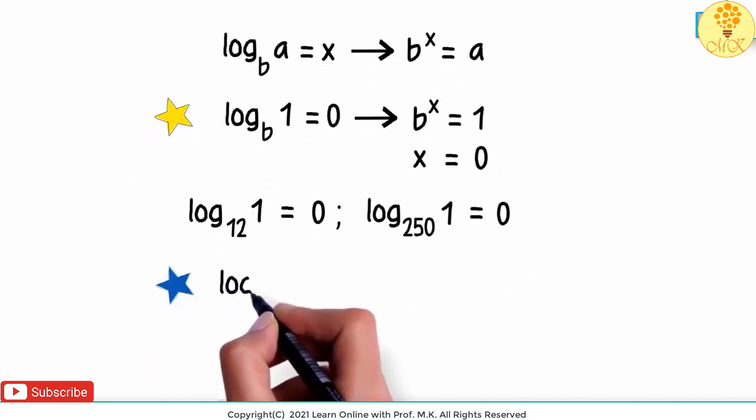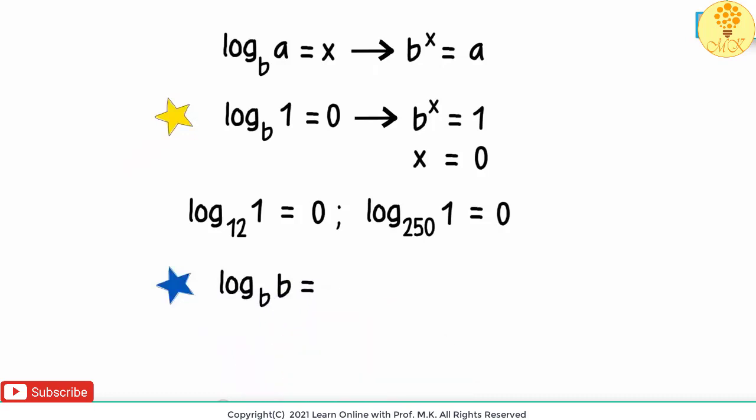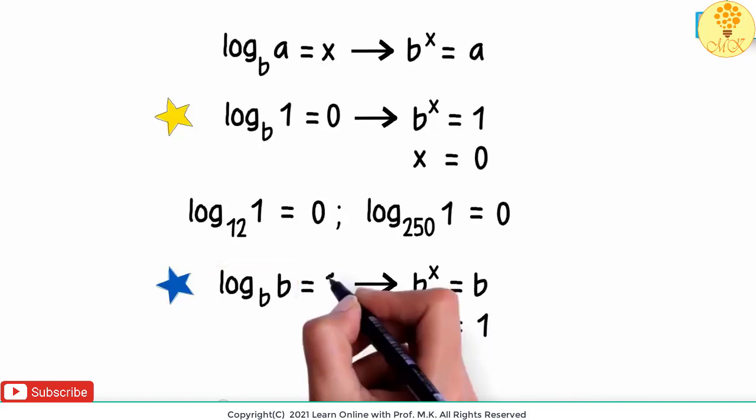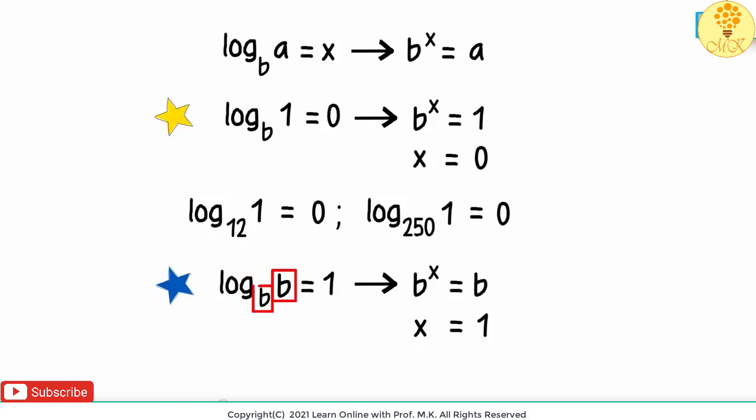What will be the value of log of b to the base b? Give it a shot. Assume that it equals x. So in the exponential form, it can be written as b raised to x is equal to b. What will be the value of x here? Come on, it's easy. b to the power 1 will equal b. x will be equal to 1. The log of b to the base b will equal 1. If the argument and the base are the same, then the logarithm will be 1. For instance, the log of 4 to the base 4 will be equal to 1. That was the second property.